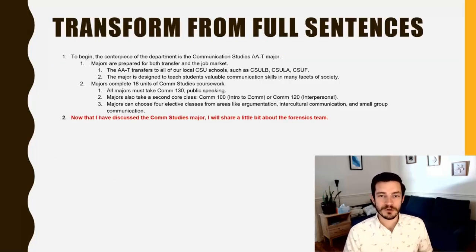There's a couple ways in which this will manifest itself on your note card in terms of being brief, but to give you a sense of what it looks like to transform full sentences into a keyword outline, here is on the screen the first main point of the sample informative speech that I showed to you. It consists of